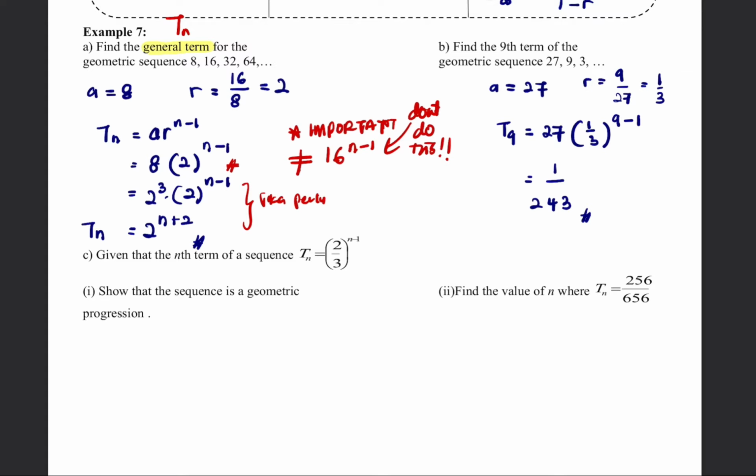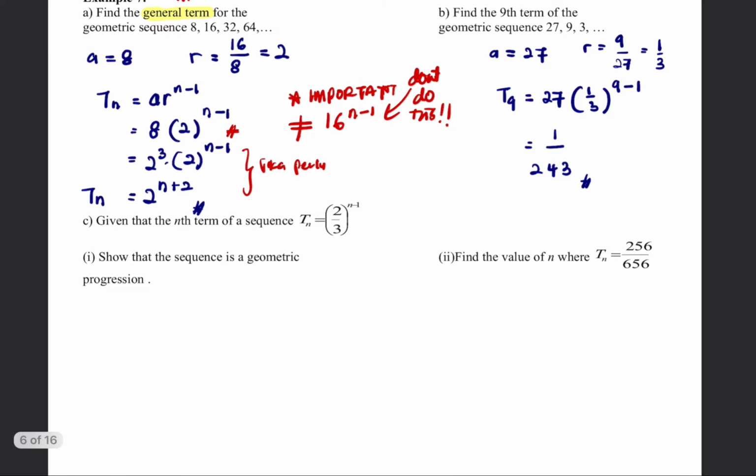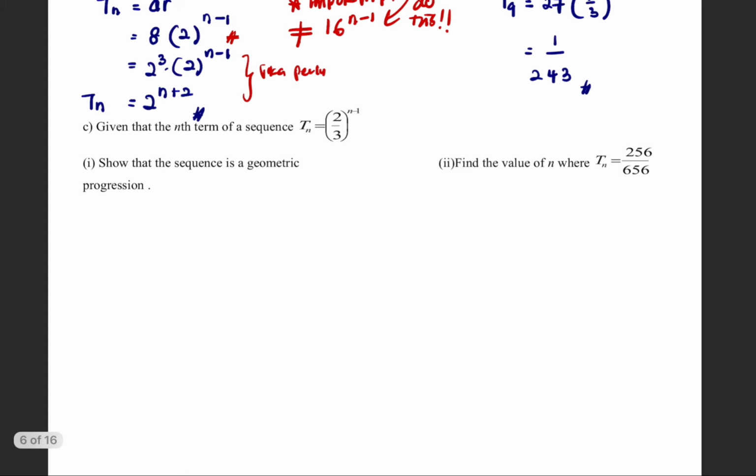Okay, please again do not multiply 27 and 1 over 3. Okay, you are not allowed to do that. Wrong. Totally wrong. Okay. Alright, so the next question we have, given the nth term of a sequence is Tn